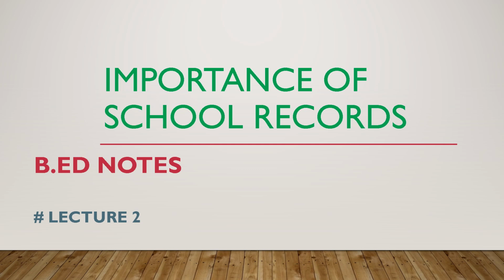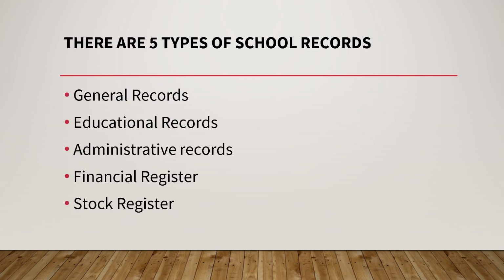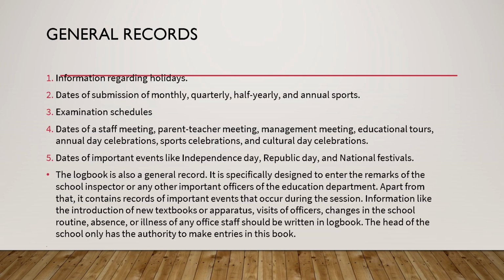Today we are going to learn a topic, importance of school records, and this is an important topic in B.Ed curriculum. So let us learn. There are 5 types of school records: general records, educational records, administrative records, financial register and stock register. So general records have information regarding holidays or submission dates, examination schedules, or the important data of meetings,